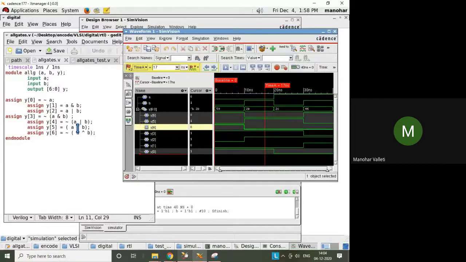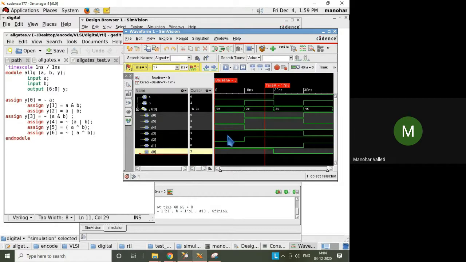You see, Y4. Y3 is the NAND gate. If you apply 0, 1 for the NAND gate, you need to get 1, right? And Y2 is the OR gate. That's why for the 0, 1 combination you are getting 1. And Y1 is the AND gate. If you apply 0, 1 as input, you need to get the AND gate output as 0. So that is 0. And Y0 is not of A. A is 0 here, so we are getting 1 here.